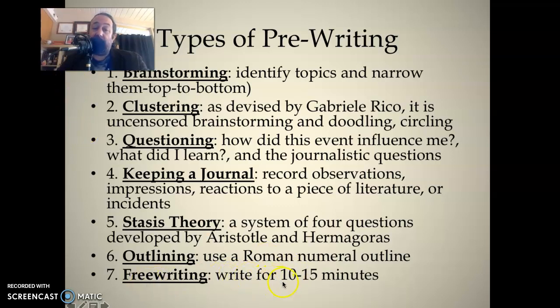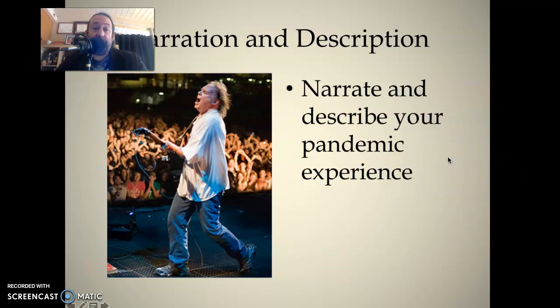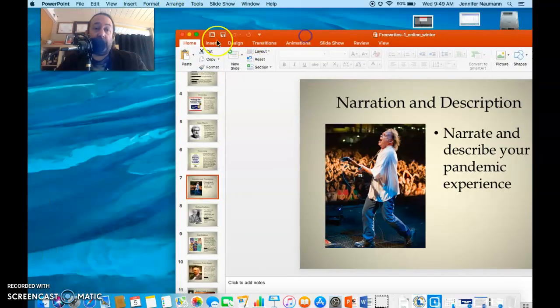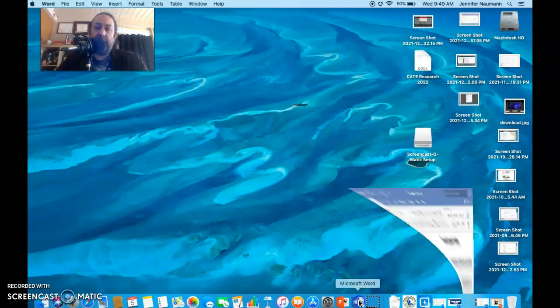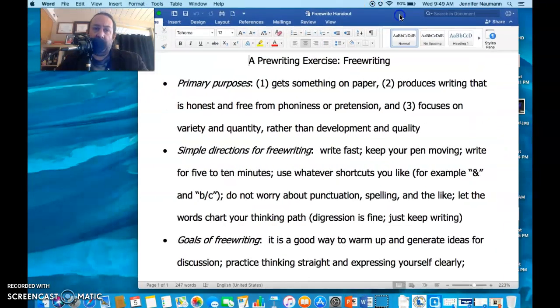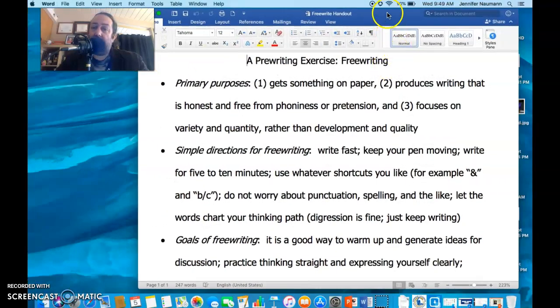The whole idea of free writing is that you're going to write for 10 to 15 minutes on a given topic. And we're going to do what is called a focused free write in this class, where I'm going to give you the topic. And that's basically all that you need to know about it. This goes over other types of pre-writing there. If we go to the handout,